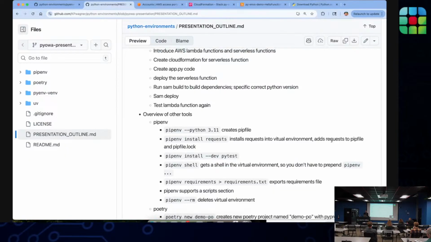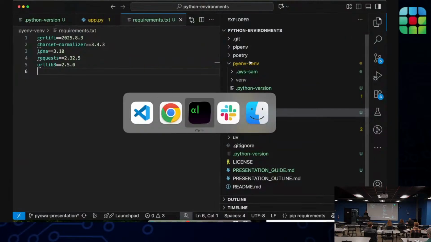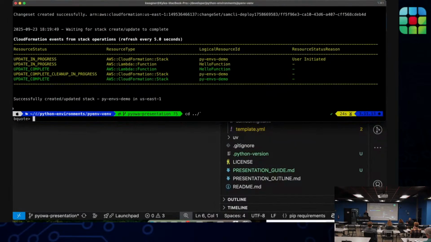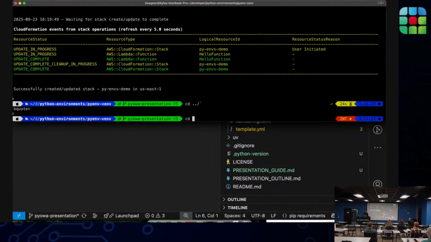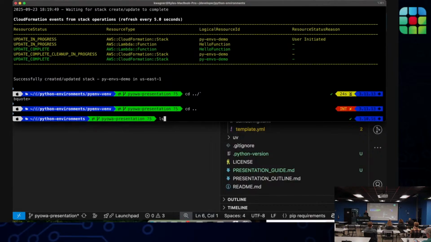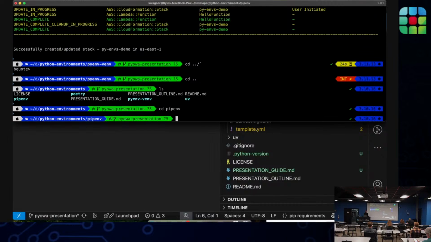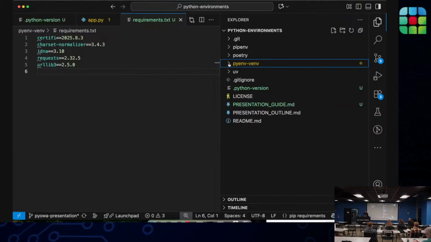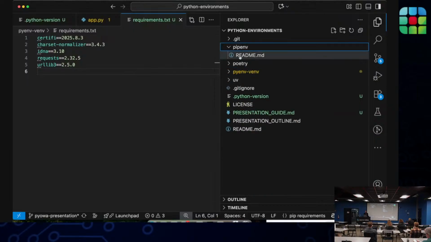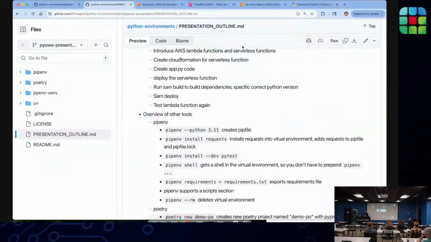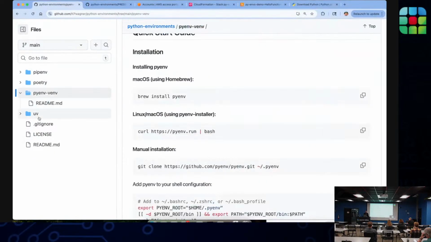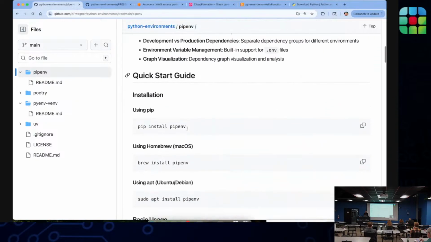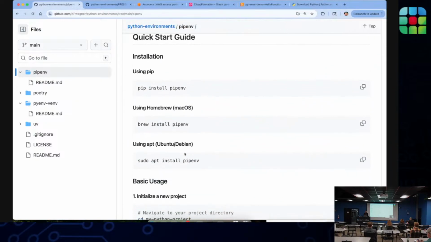okay, so pyenv. So right now, the pyenv directory is empty. Pyenv is another tool that you'll need to install from CLI.